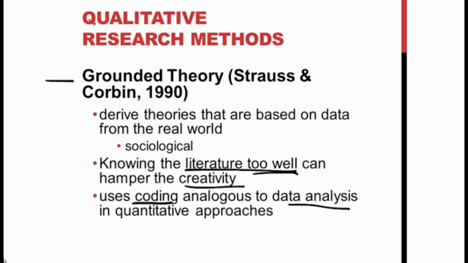And that's the key with grounded theory, is that you're deriving the theory here based on the data from the real world. So your theory about how people act in situations where people in power are telling them to do something illegal would be based on what you saw in that firm. It would not be based on the literature here. So in grounded theory, you go as a participant and you go in naively. You look at the data that you have compiled, and then you derive theories from that.